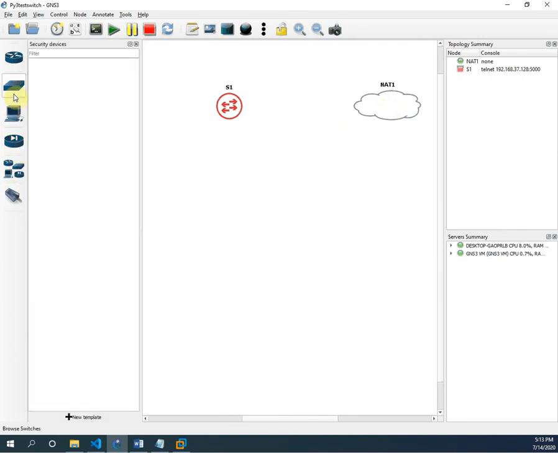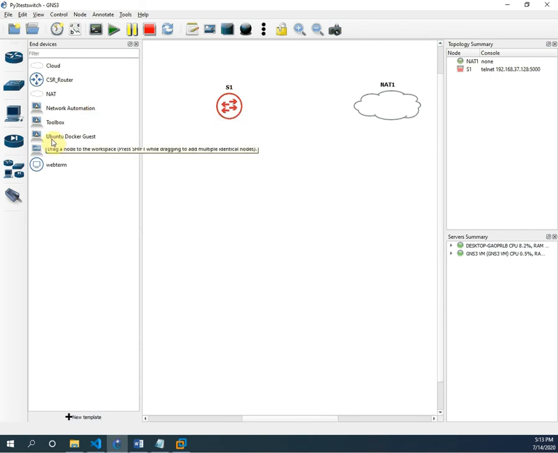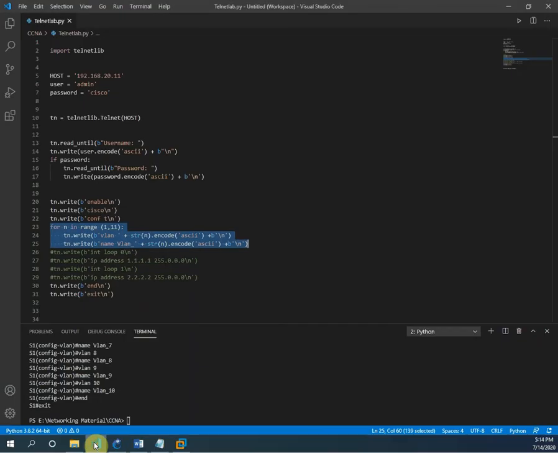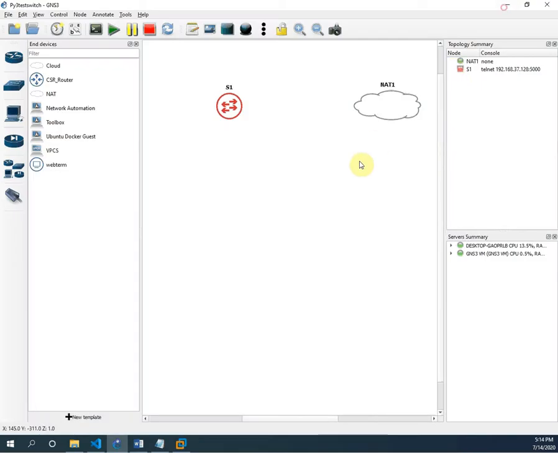If you remember, we have the automation tool here. This is the network automation. We can use this one also, or we can use the Ubuntu Docker, as in lab one we used this one. But now I installed it in my PC, as generally we are using this Visual Studio Code to write the Python script. So this script needs to connect to our router. The best way to connect to our router is to use the NAT, because this NAT is getting the IP address and it is connected to our PC, so we can run our script.